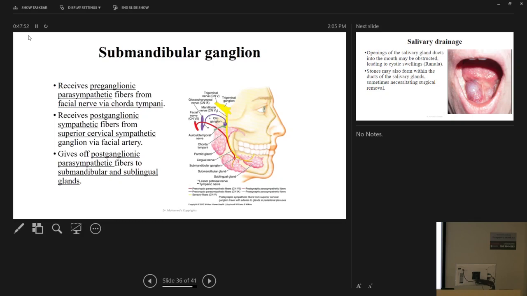So what's the purpose of this? We know that the parasympathetic is going to make it secrete the saliva. What's the role of this sympathetic innervation of this ganglion? Anybody, any guess? Simply to decrease the saliva, right? Because in the sympathetic state,